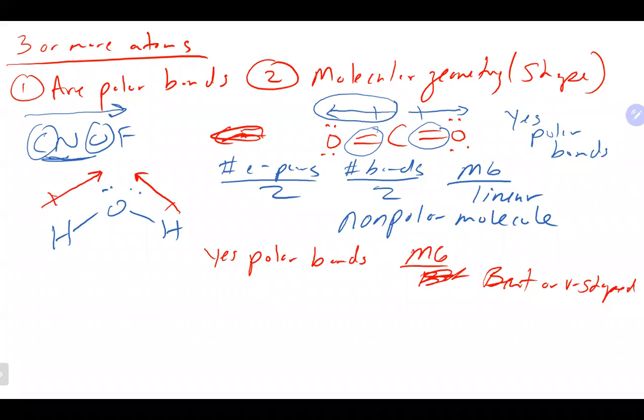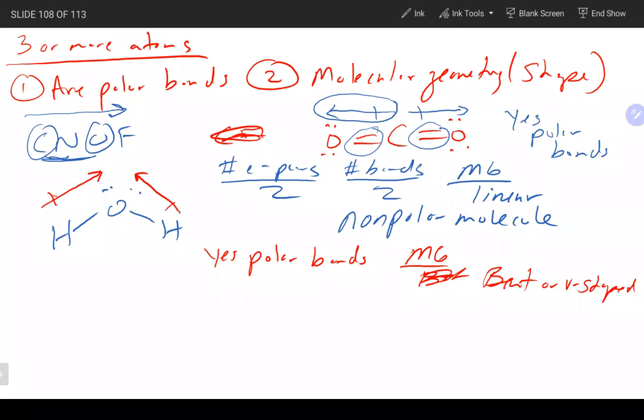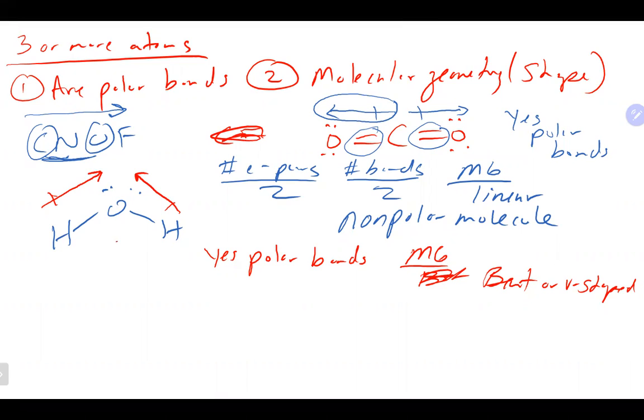In this particular case, the dipoles will actually add to each other. So if you think about it, it is basically bent or V-shaped like this. You got a polar bond coming this way, one coming this way, like you're grabbing from the top. If I took something from the top and just pulled it, you kind of imagine that the whole thing would move. And they actually add to each other, and we get a net dipole moment going this way, where the oxygen side of water is more negative, the hydrogen side of water is more positive, and this would